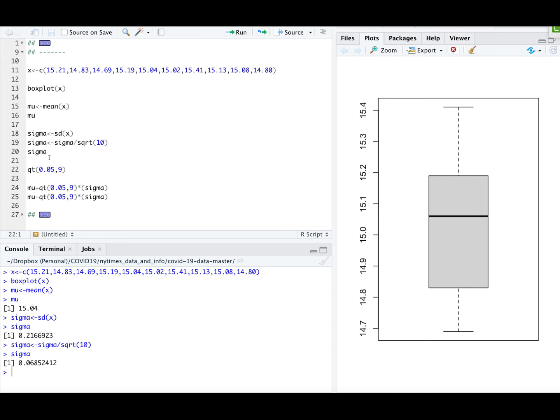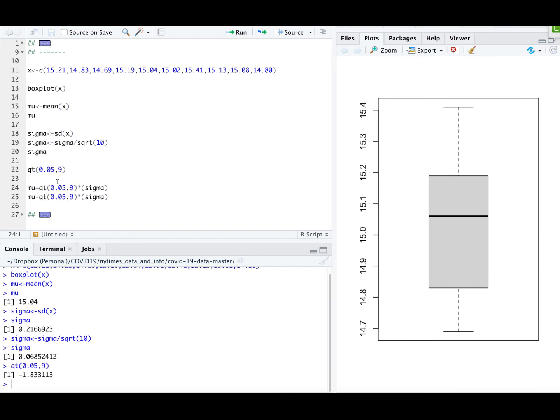All right, now we'll build the endpoints of our confidence interval. And I have the formulas for the endpoints down here at lines 24 and 25. We've got the mean plus our t-value times the standard deviation of the sample mean. And I've calculated sigma up here, it's line 20. I've got mu, I calculated that, it's up here at line 16. So let's calculate this quantile for the t-distribution of 0.05 with 9 degrees of freedom. I get negative